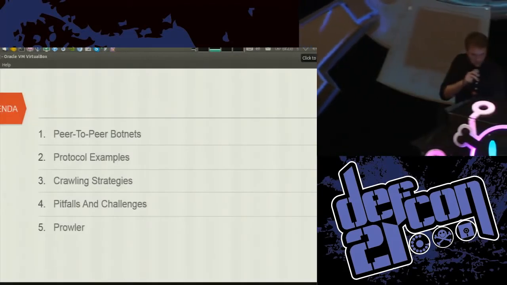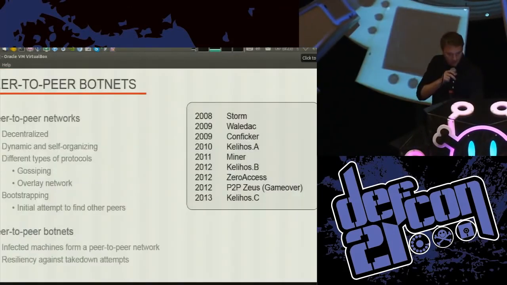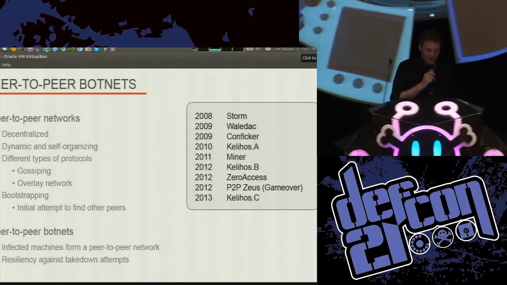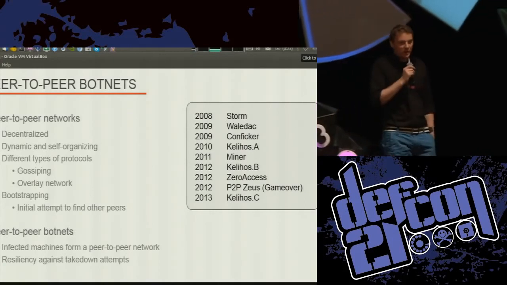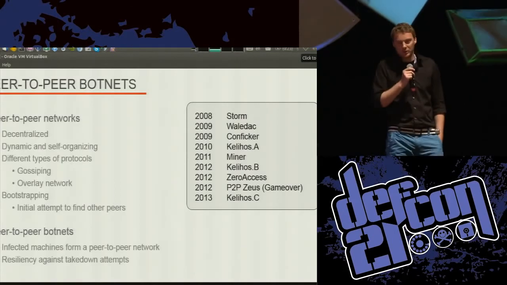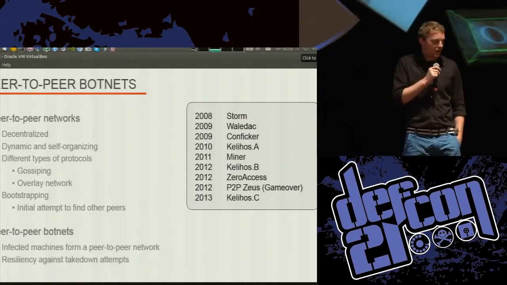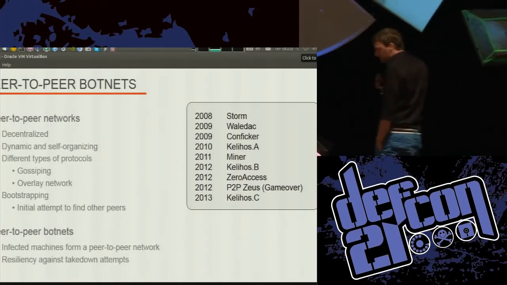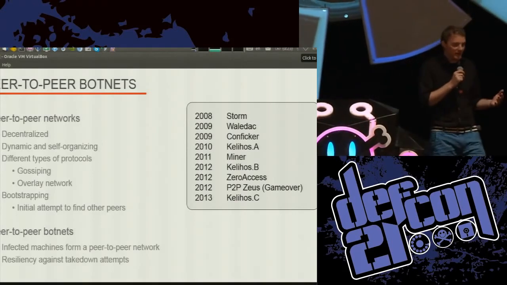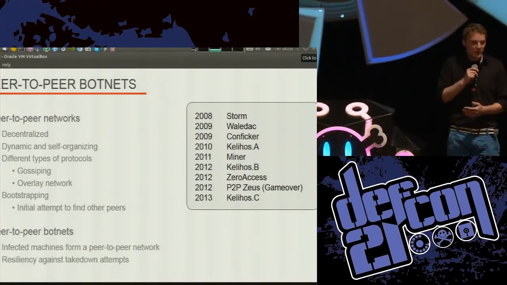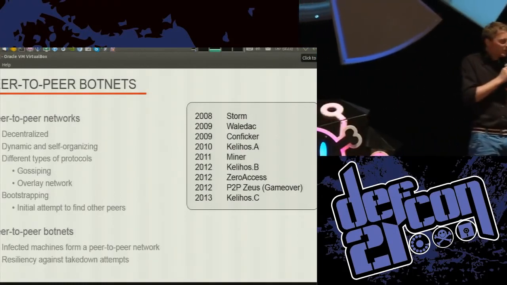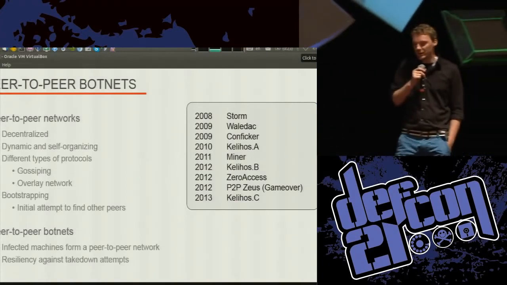So yeah, there's an agenda. Okay, let's start with a quick introduction to peer-to-peer botnets. I guess most people in the room here are familiar with peer-to-peer networks in general. There are networks like BitTorrent, eDonkey, file sharing networks, and others. Usually the purpose is to build a decentralized infrastructure that's self-reorganizing. So if parts of the infrastructure go offline, it recovers itself and so on. And usually people build peer-to-peer networks because they want to get rid of any